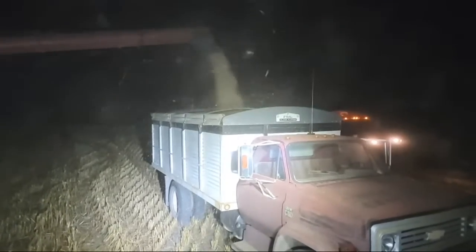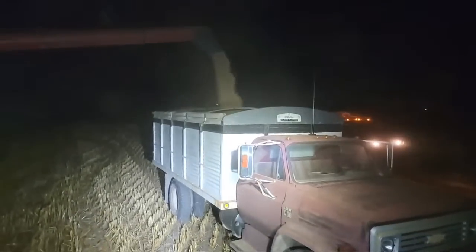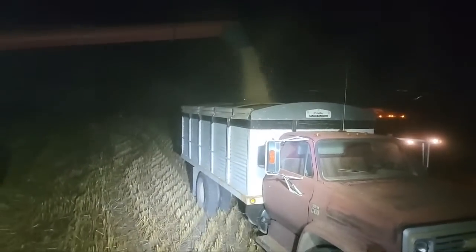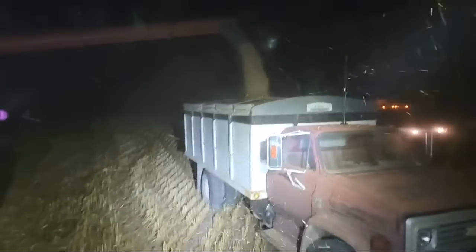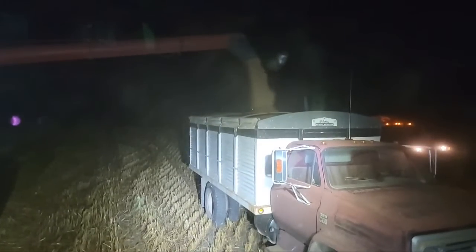Could you open that all the way up? No, 4640. They're a perfect match for one another. It can make 4640 grunt, and if you push it much harder, you start making the combine throw grain out the back. So